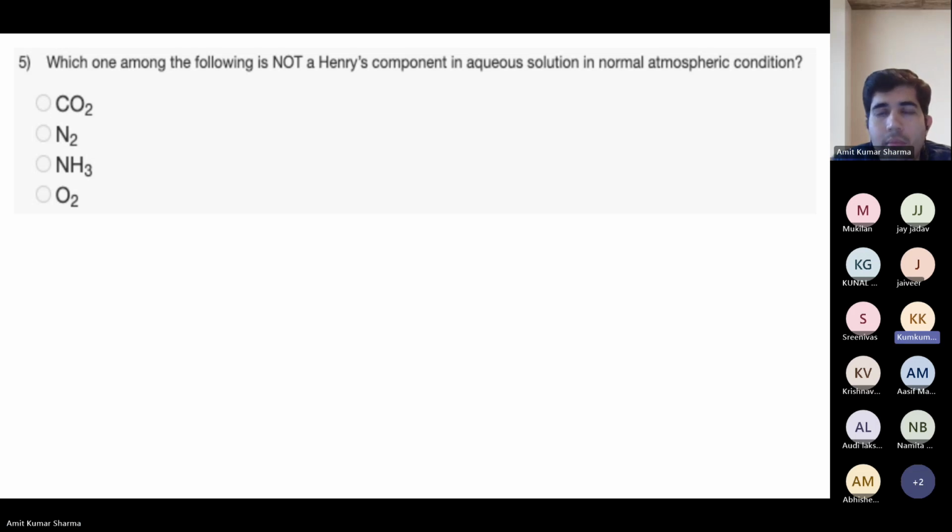Because it is condensable in water. It is liquid at normal atmospheric condition. Okay, and CO2, N2 and O2 will be in the vapor phase. So the answer is NH3.